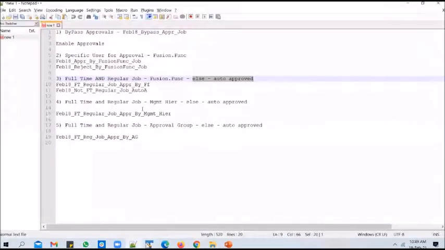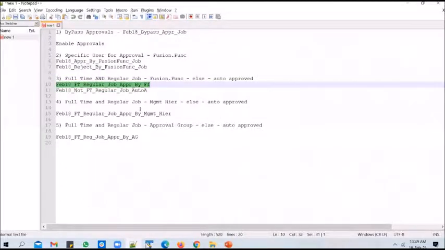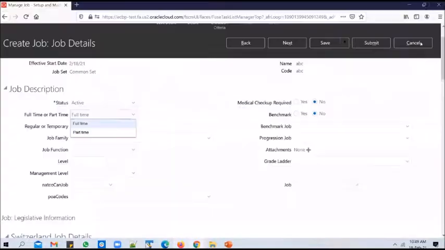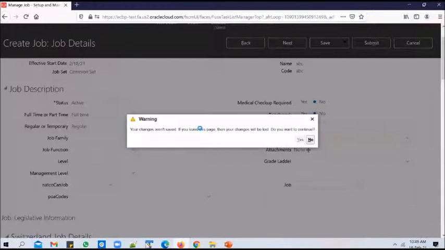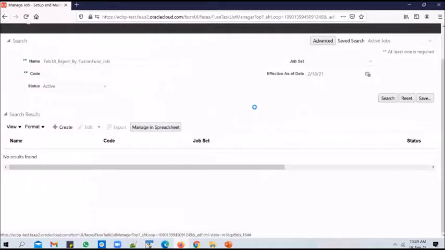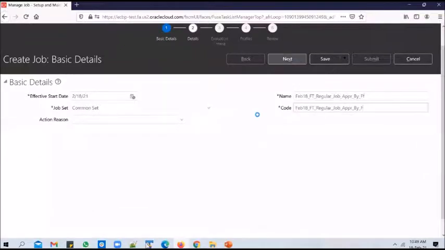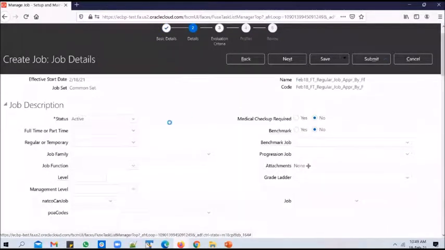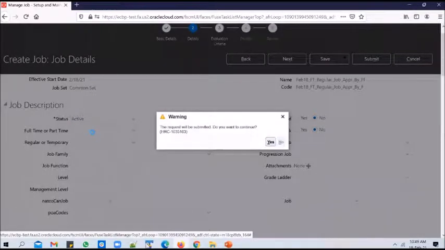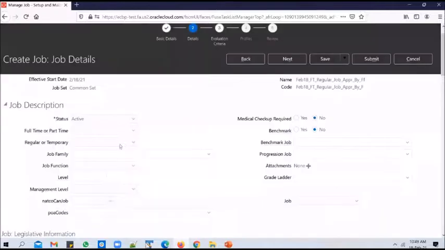Let's go ahead and run a couple of use cases. We'll create one job as a full-time regular job, and we'll see whom it goes to for approval. So go ahead and submit a request. Sorry, I need to fill in the attributes.